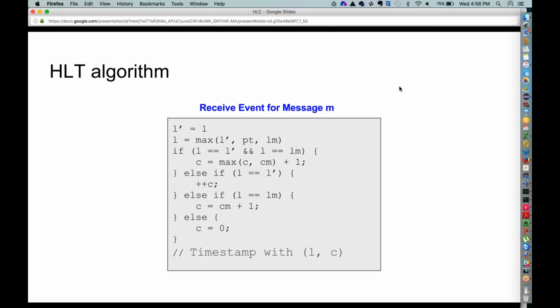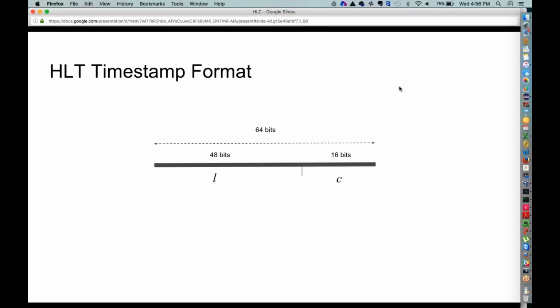The way we use this L and C is that, within the 64 bits, the first 48 bits are used for the L, and the next 16 bits represent the C value. Given that the max a C value can grow to here is 2 to the power 16, that is more than sufficient, because you can only hit the maximum when the time has not incremented in the meantime.